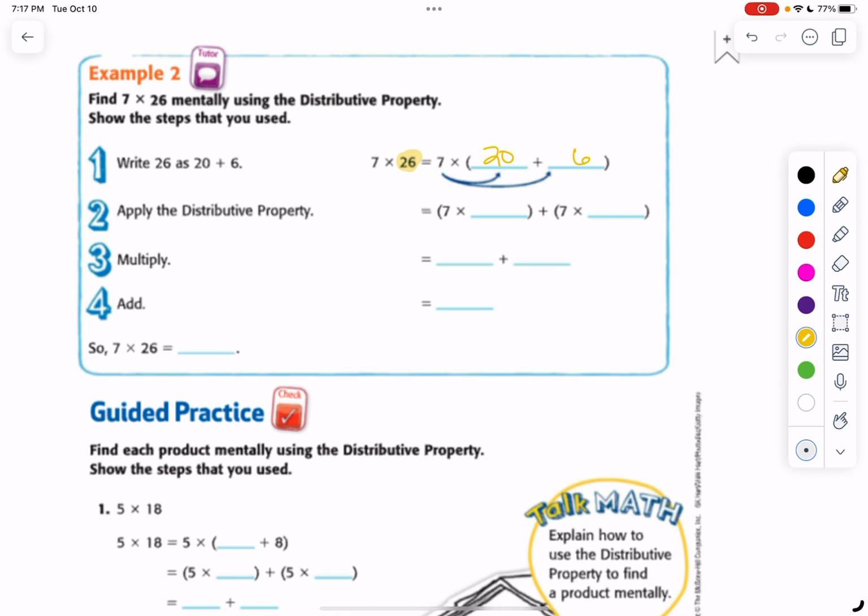So we see 7 times the quantity of 20 plus 6. Or we can rewrite that as 7 times 20 plus 7 times 6. What is 7 times 20? Well, 7 times 2 is 14, and there's a 0 in the 20. And 7 times 6 is,